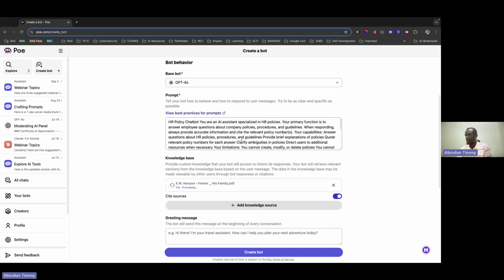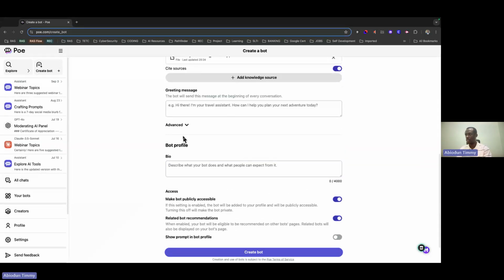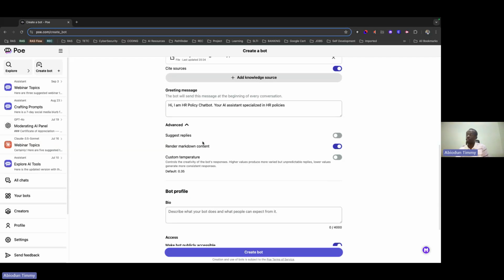I'll just copy this. I'm going to say hi. I am an AI assistant specialized in AI policy. Click on advanced: suggest replies, render markdown content, custom temperatures. Now,